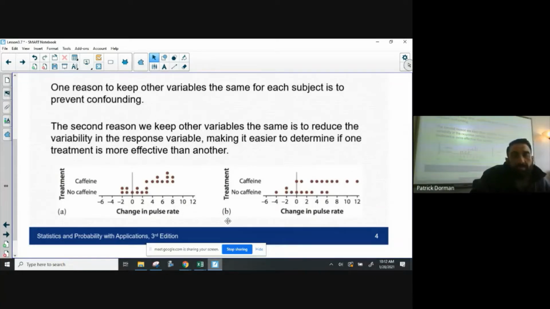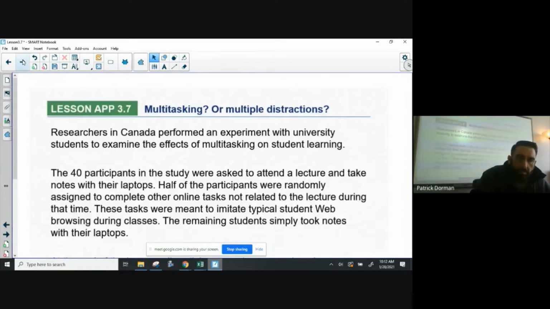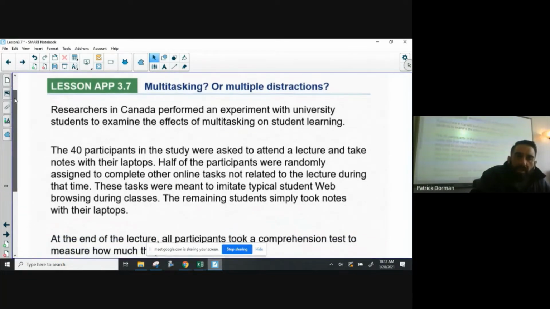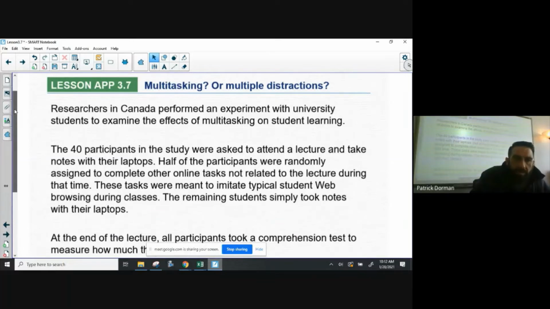All right, let's get to it. Let's actually do a problem. This one is very similar to what you're going to be doing in your assignment after this, assignment 3.7. So follow along. You'll be answering really similar questions. So, researchers in Canada want to know if multitasking, but really people being distracted,